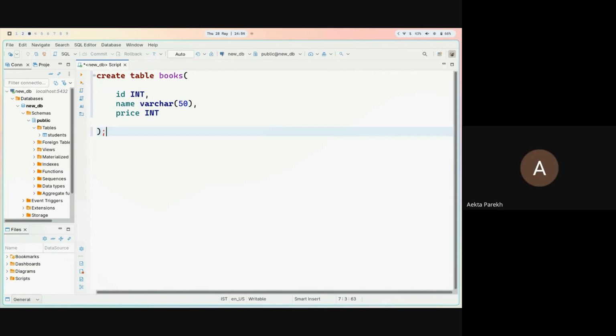Now, if you can observe, there is only the students table. Now I'll run this.